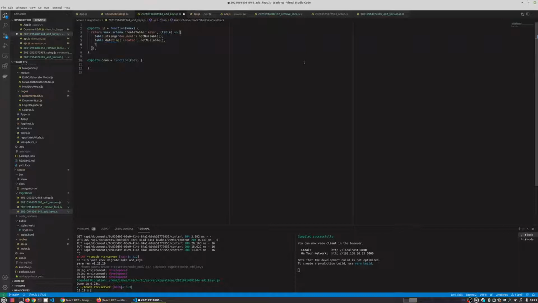Create a column to hold the secret key by calling table.string, passing the column name as the string key. Add a non-null constraint to the key column by chaining the call notNullable. Add a primary key constraint by calling table.primary, passing the two table columns, document and created, as a list of